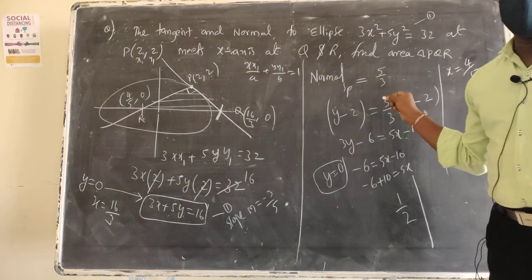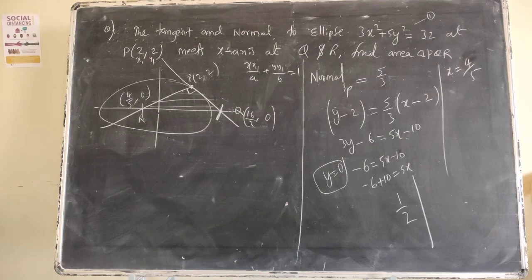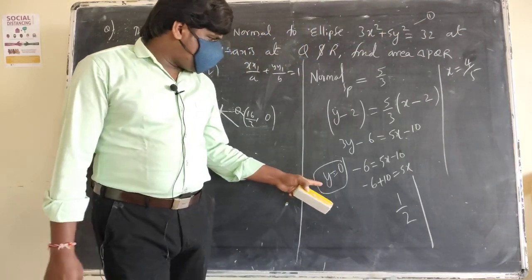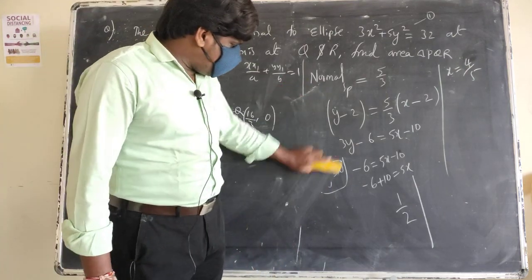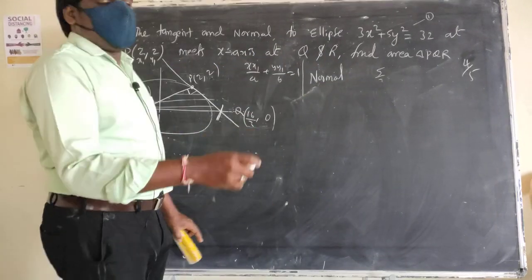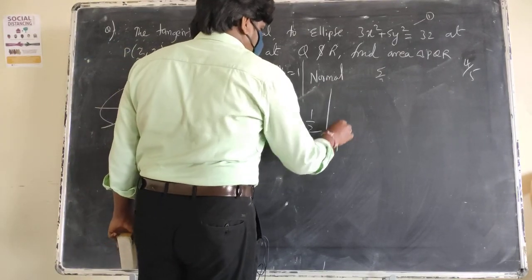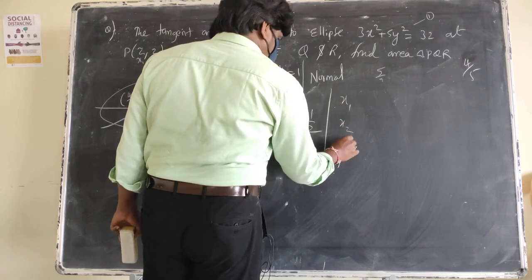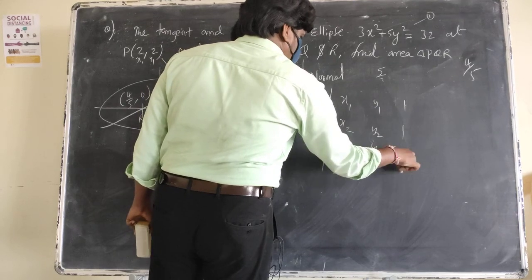Till there you write down, I will explain next. See here, you got all the 3 points, right? Now we will find the area of the triangle. So area of the triangle is equal to what here? By the determinant method, area of the triangle is equal to half into the determinant x1, x2, x3, y1, y2, y3, 1, 1, 1.